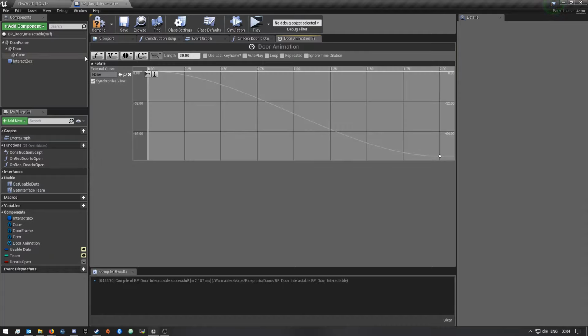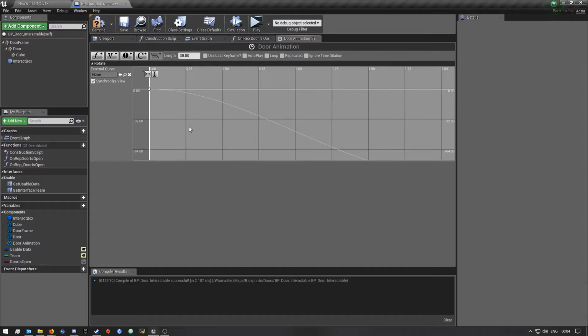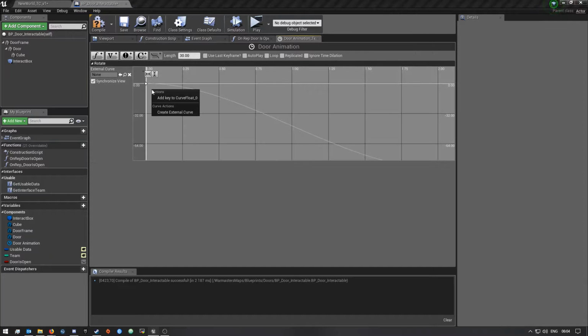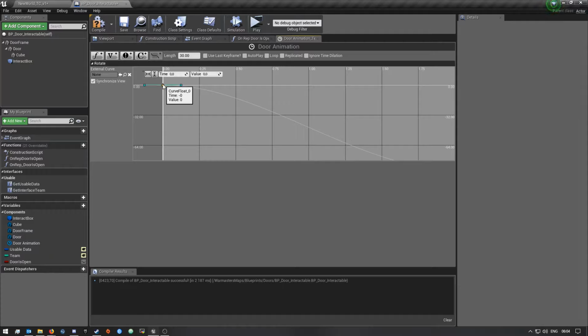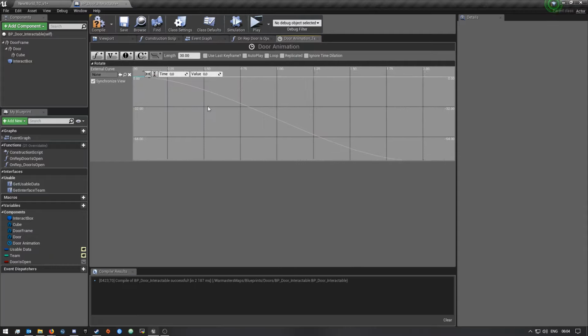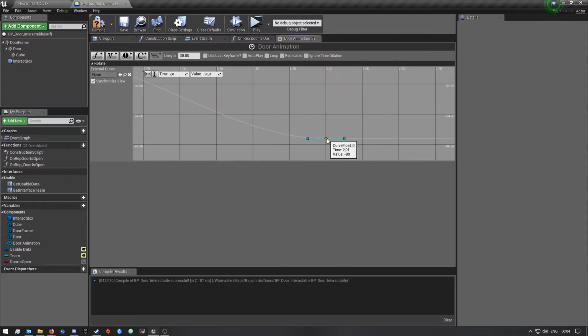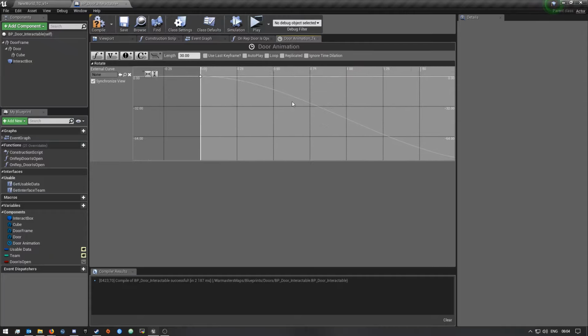And so the first thing that you have to do is click on this add float, and now once you've done that, right click and say add key to curve float, and then once you've done that, add another one, and then on the first one make sure the time is 0 and the value also 0, and then on the second one you guys will put it on 2, the time, and the value on -90. And so once you guys have done that,